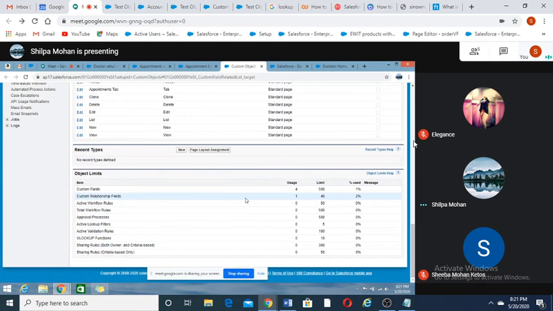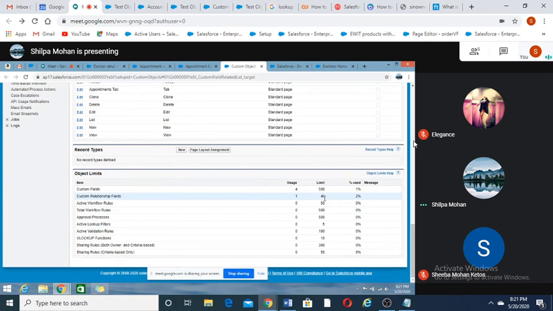So limit is 40. I think here the limit is 40 lookup relationship we can create, and the limit for master detail relationship is 2.